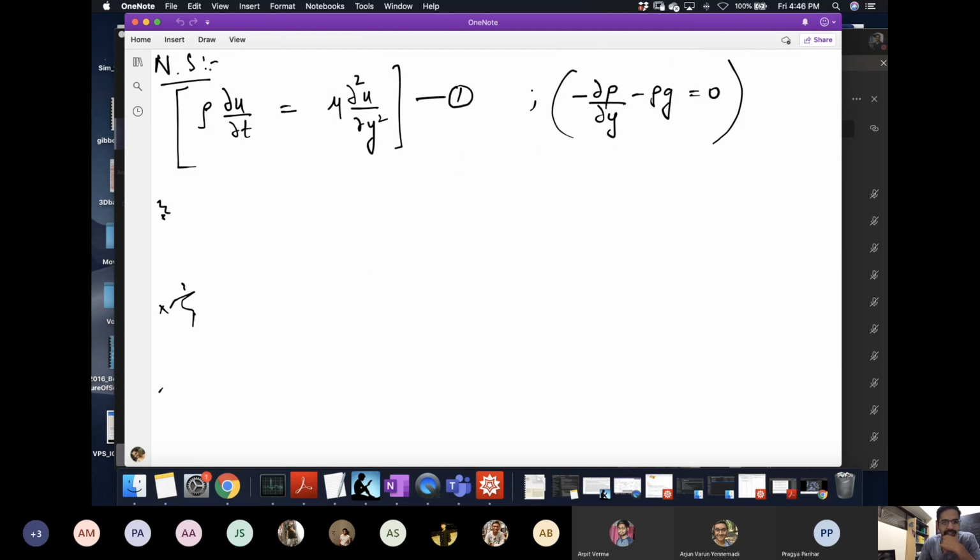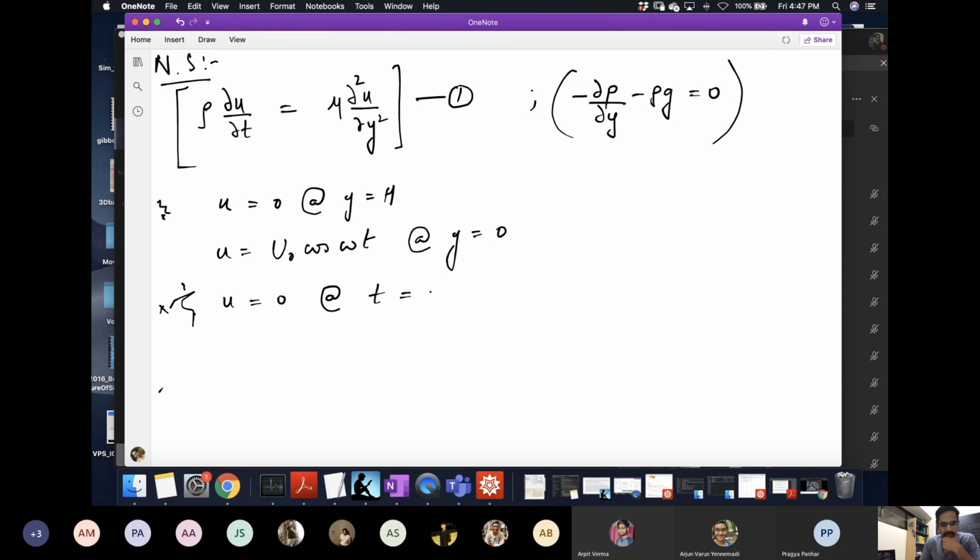Anyway, okay. So yeah, this is the equation. So now let us look at the boundary conditions. So I said u must be 0 at y equal to h. u is equal to u naught, some fixed parameter, times cos omega t at y equal to 0, and u is equal to 0 at, let's say, t equal to 0. So that's at the initial time. I'm saying that you're starting from stationary condition and then you start to move the plate. Okay? And the bottom plate is only moving, the top plate is always stationary, and this is your governing equation.